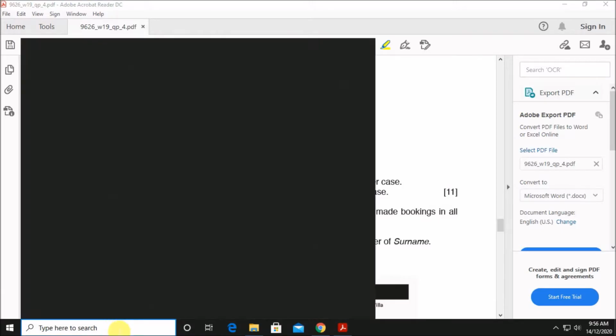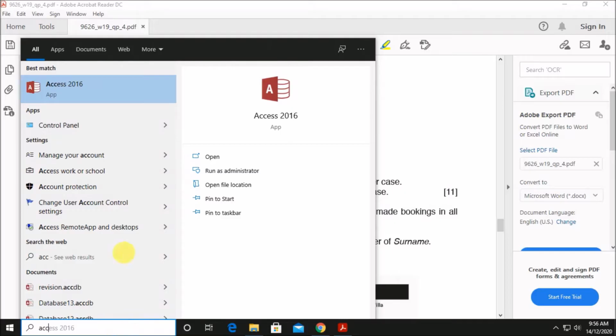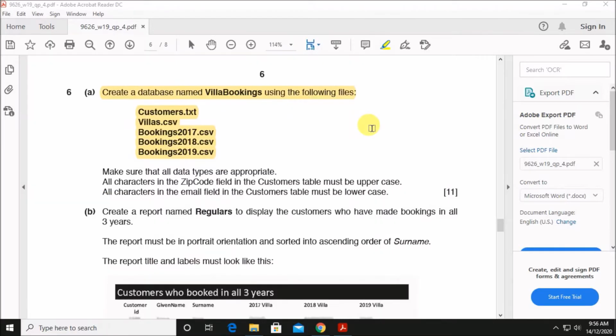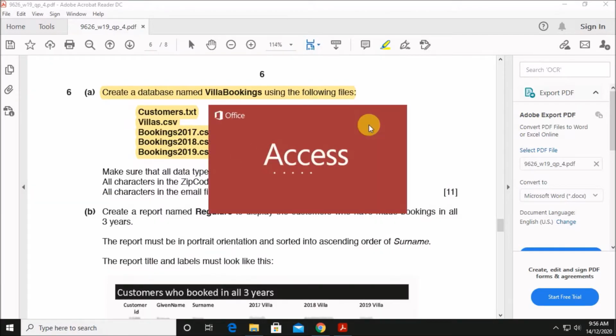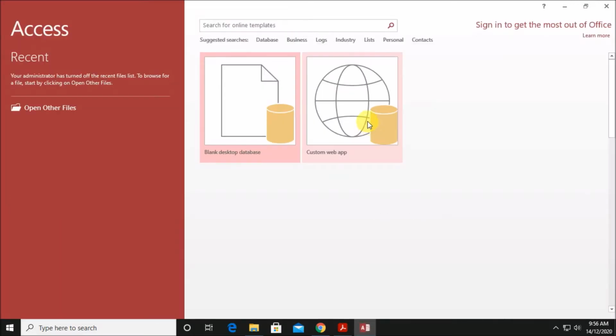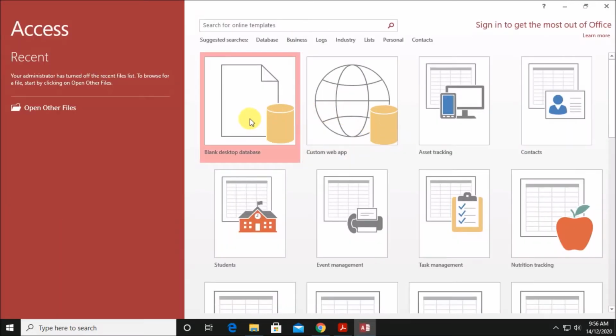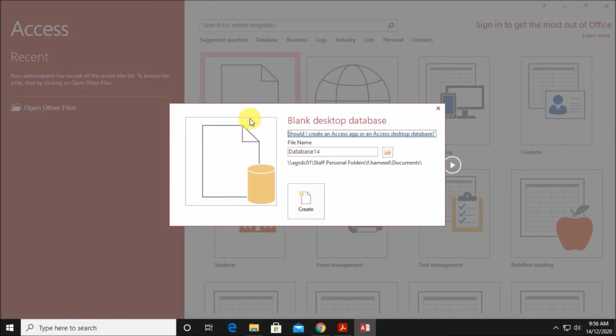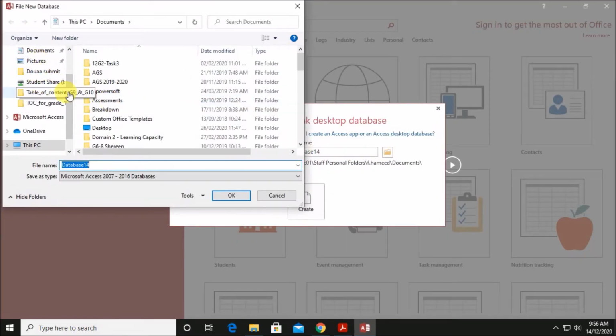So let us open Access. Open a blank database. Save inside your folder.